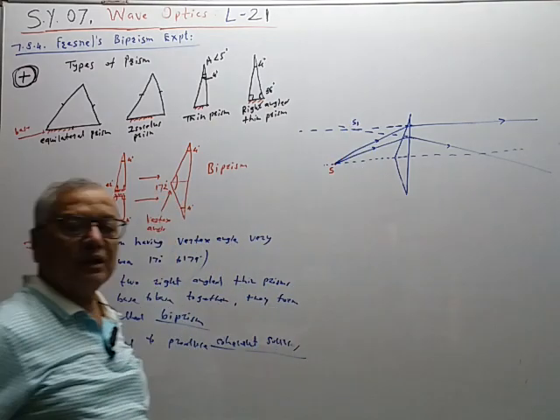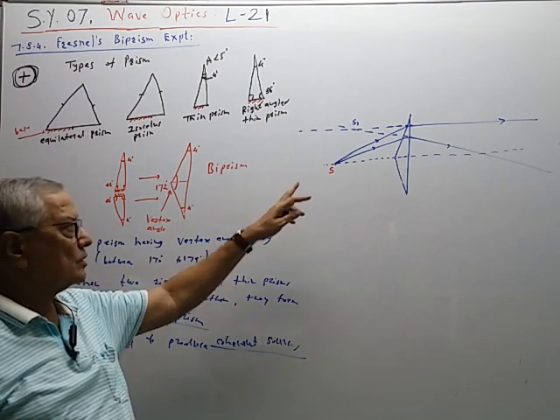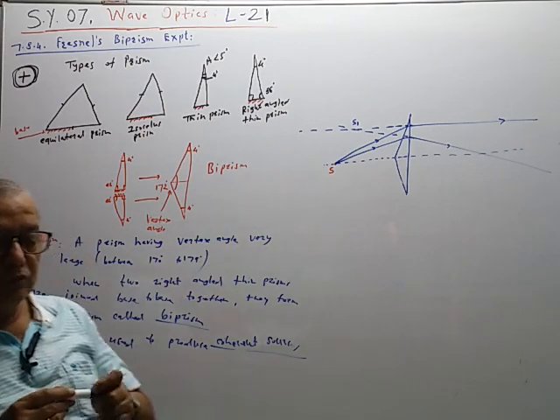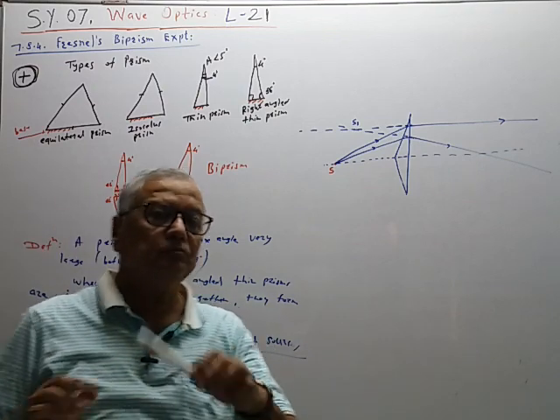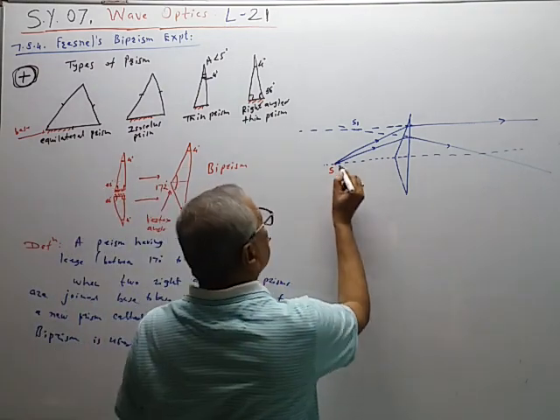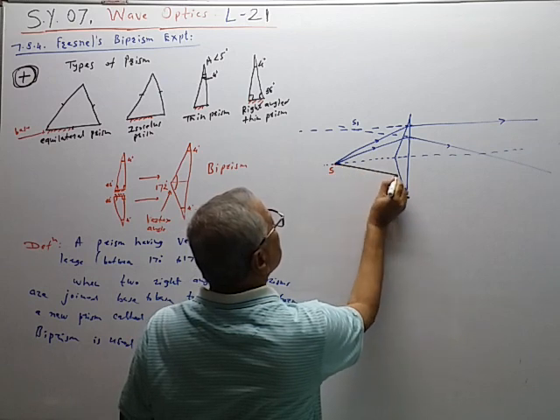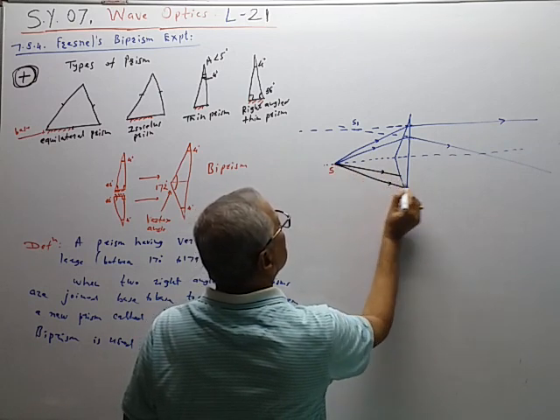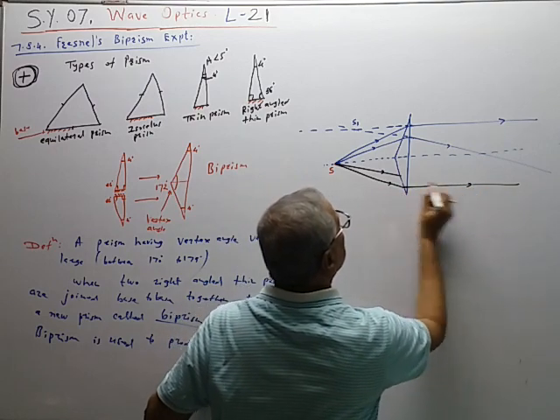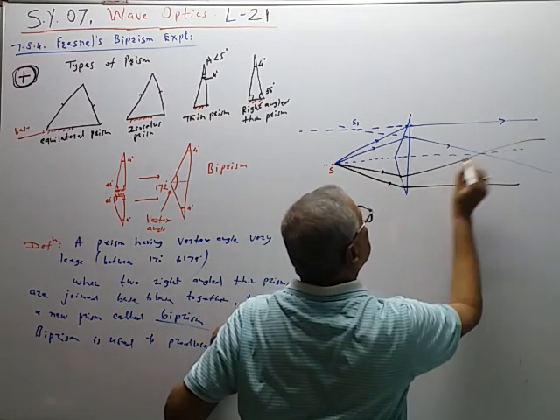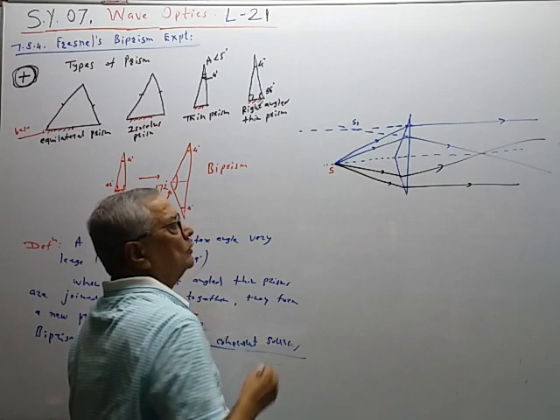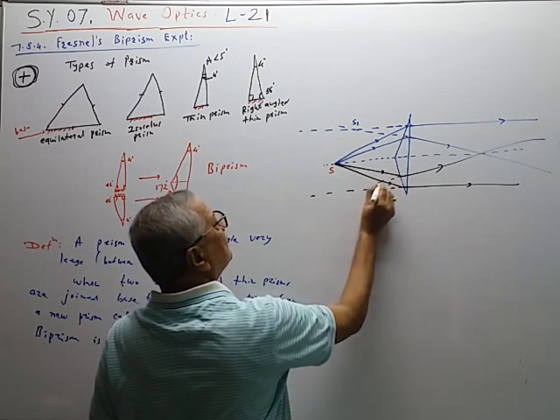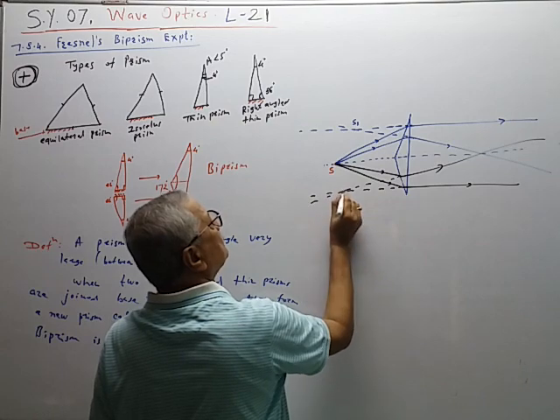So here a virtual image S1 of the slit S of the source S is formed due to the upper half prism. Now let us consider the lower half prism. The third incident ray is, say, drawn in this direction. The fourth incident ray is drawn here. Suppose it goes in this direction, like this. If the two rays are produced in the backward direction, again they form the two virtual images.